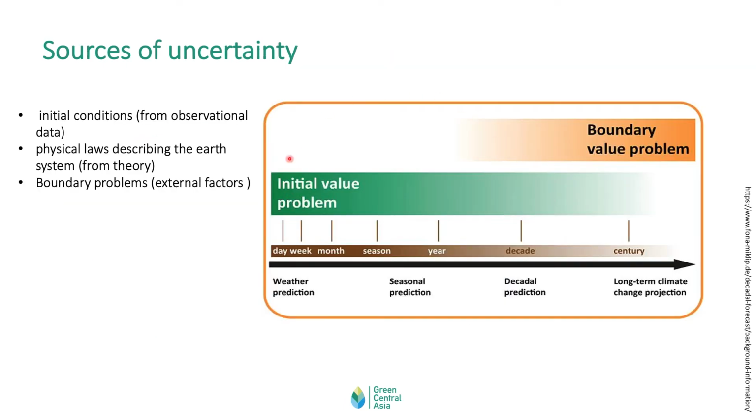For example, if you look at the weather prediction models, we try to predict 1 day or 1 week in advance. And our problem is kind of related to the so-called initial value problem. So if we know the starting point of the simulation better, based on more observed data, then we can have a better simulation or forecast.